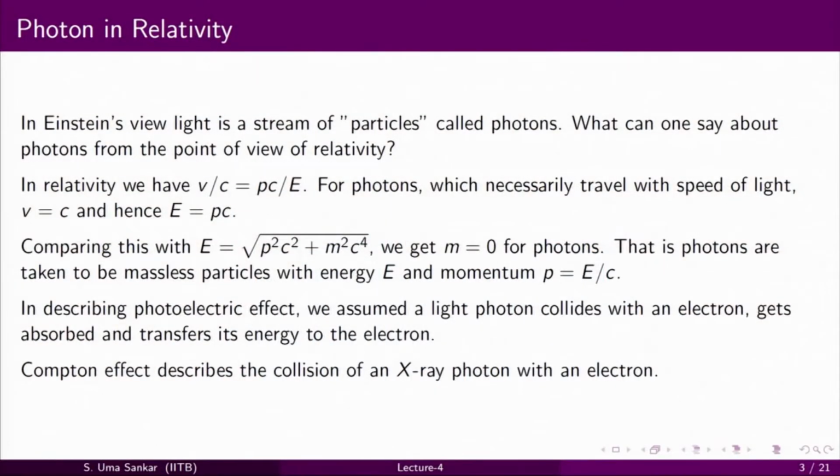And now let us consider the case where we apply this to photons. Einstein, in explaining photoelectric effect, is asking us to think of photons as some kind of particles. So, let us apply this to photons, and photons of necessity, they are particles of light, so they travel with speed of light. So, v is equal to c for them, which means that for photons pc is equal to E, and if you substitute that in the energy expression, you find that for photons we must have m equal to 0. So, we should think of photon as a massless particle,